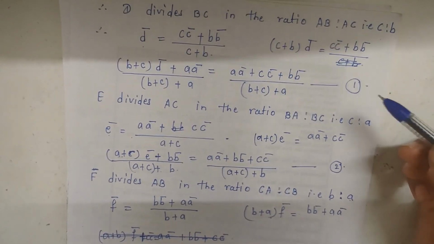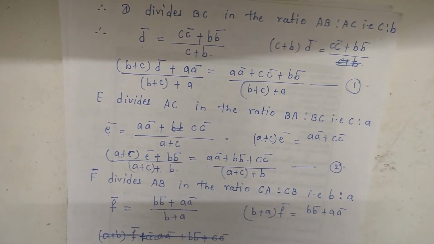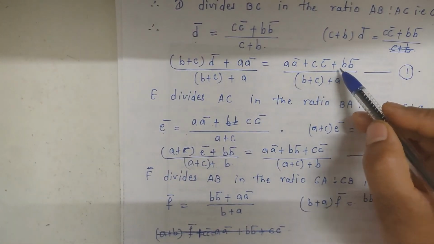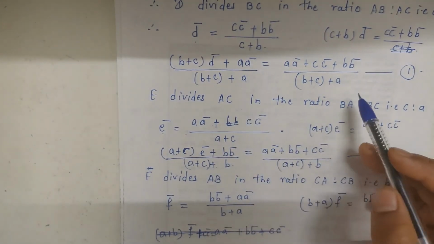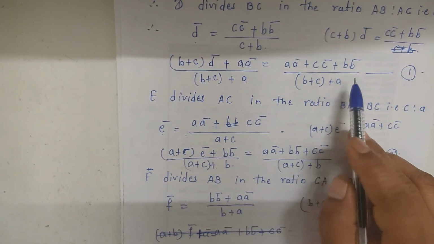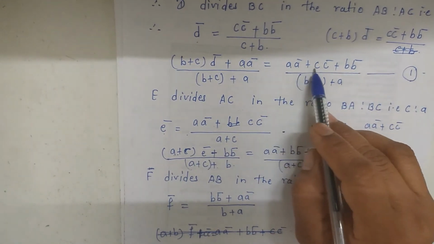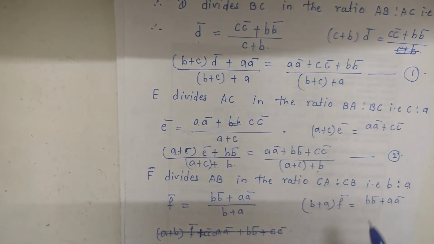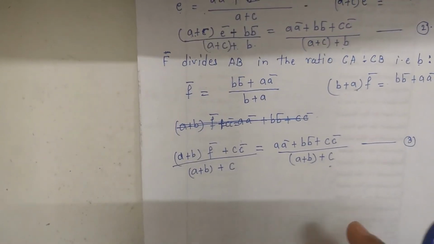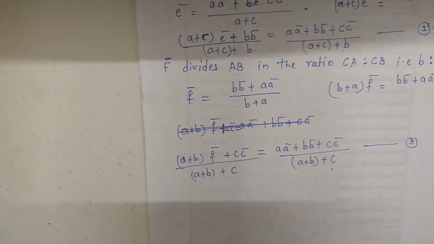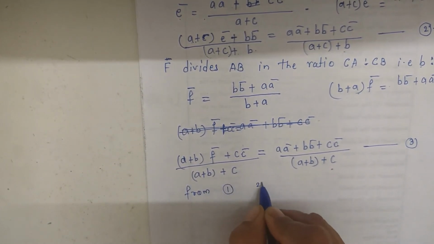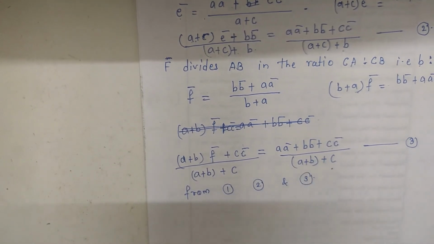Now by observing equations 1, 2 and 3, the right side of each equation is the same: A into A bar plus C into C bar plus B into B bar upon A plus B plus C. Here A plus B plus C, here A plus B plus C, and the numerator is also the same. So we can write from equations 1, 2 and 3 we get